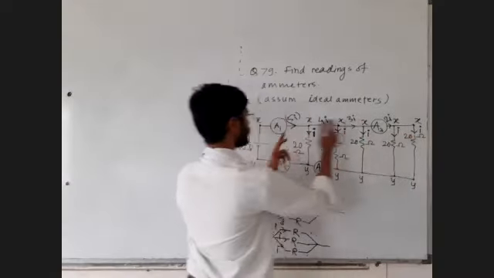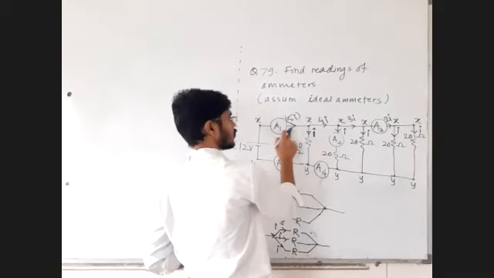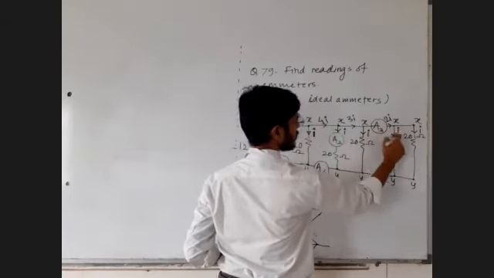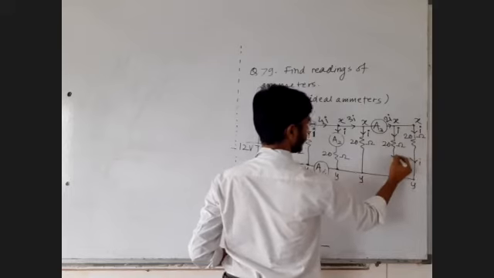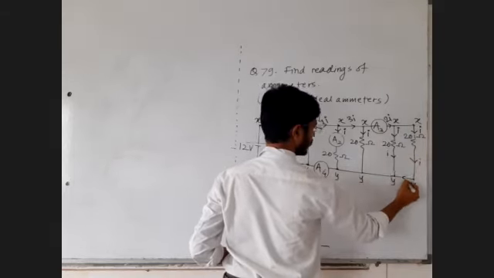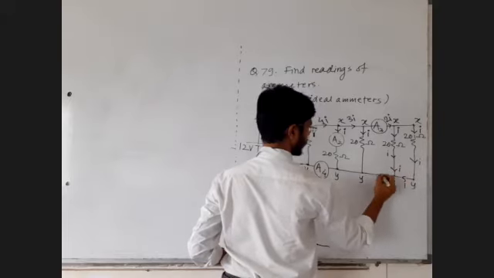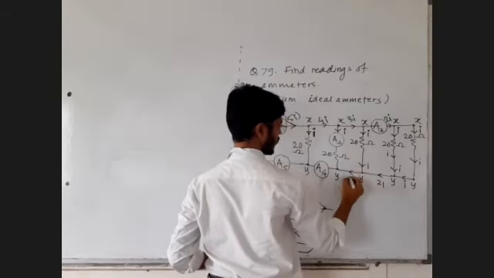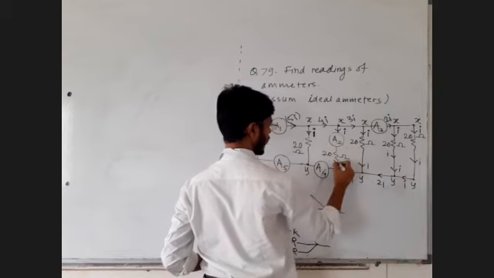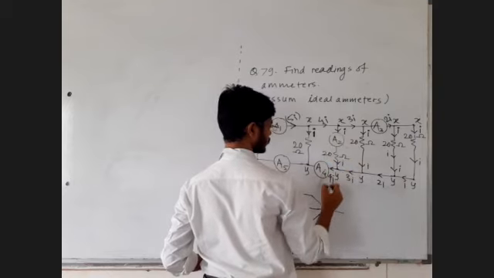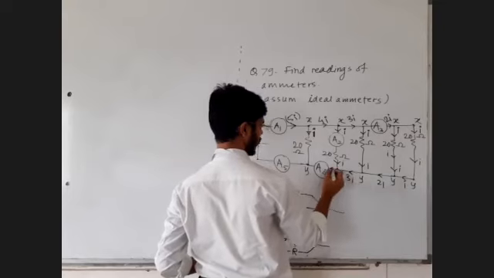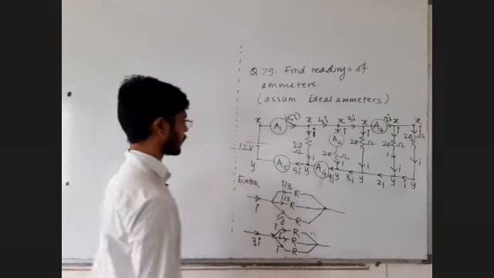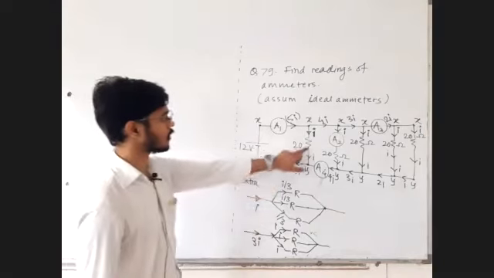All these are in parallel, it must have come from this. So this must be 5i, 5i minus i, 4i, 4i minus i, 3i, 3i minus i, 2i, 2i minus i. So here you will be having current i. From here it will arrive here, i plus i, again 2i. This 2i and this i combine, that will become 3i. This 3i and i will become 4i. This 4i and i will become 5i. Okay. Now what is the value of i?